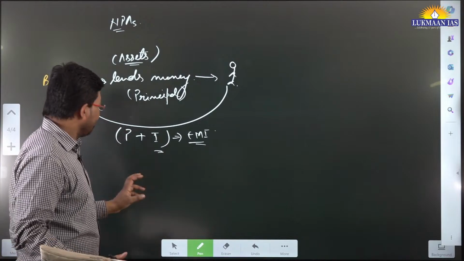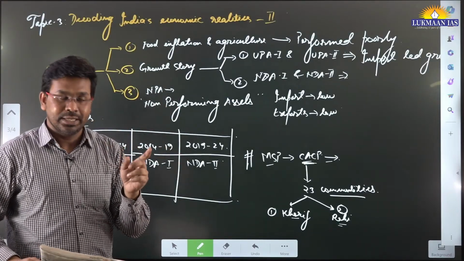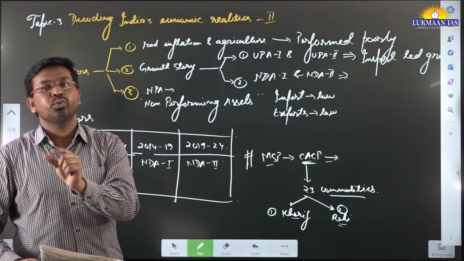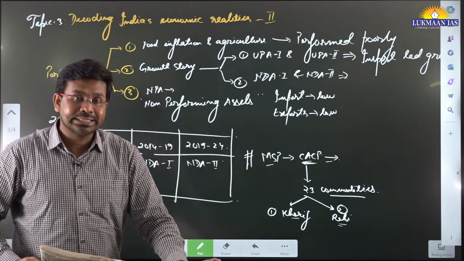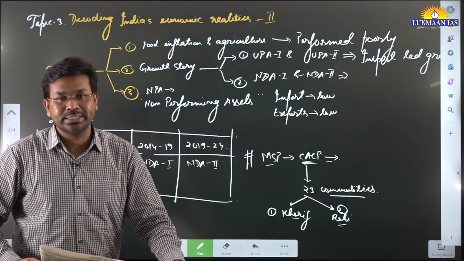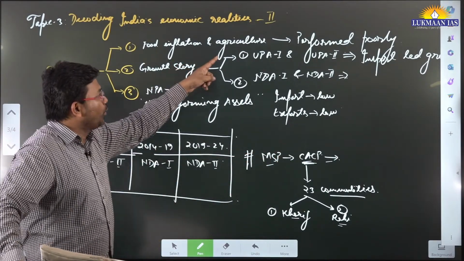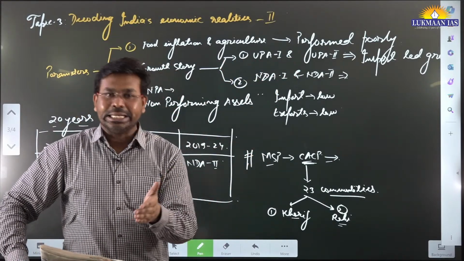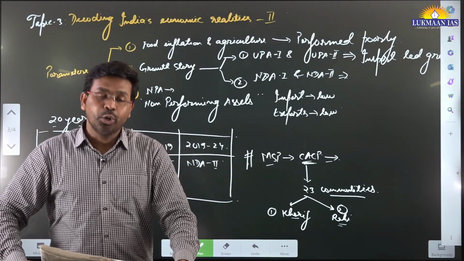This is the thing. So in the discussion that we are having, we are going to discuss NPAs. The current government says that in the last 10 years, from 2004 to 2014, what we have done is we have actually cleared up the mess that was created by the previous UPA government. Cleared up the mess means that there was a large share of NPAs in the previous UPA 1 and UPA 2 governments, and the NDA government, NDA 1 and NDA 2, has helped in the clearance of those non-performing assets.